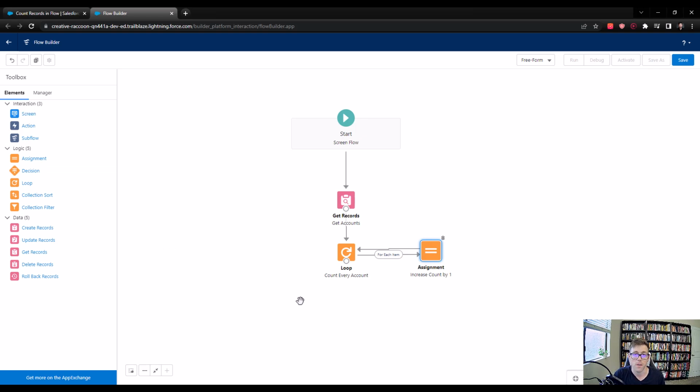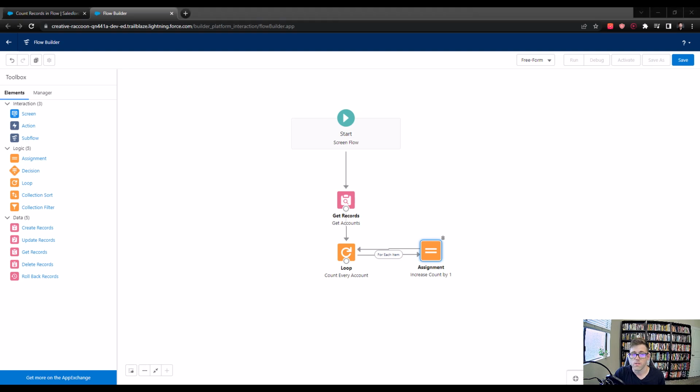So you could potentially update a record. Let's say you're doing a roll-up summary. You could now take the record count and use an update records element to update something in Salesforce. You could also use a decision. So if the count's greater than like 15, you could take one action, or if it's less than 15, you could take another action. For the purposes of this video though, I just want to show that number on the